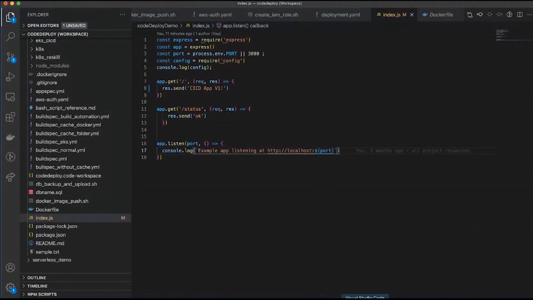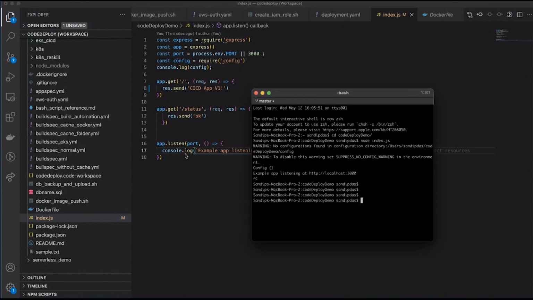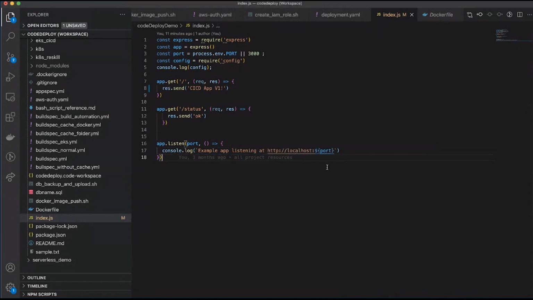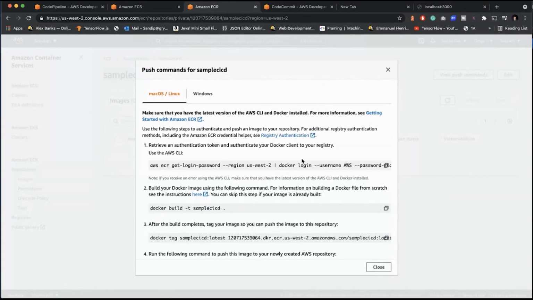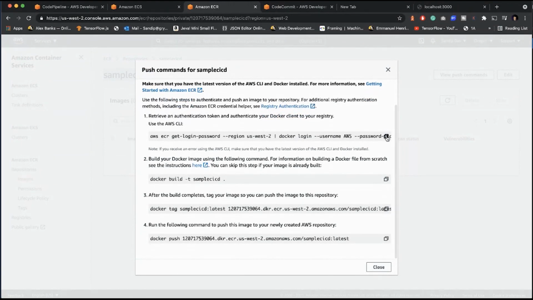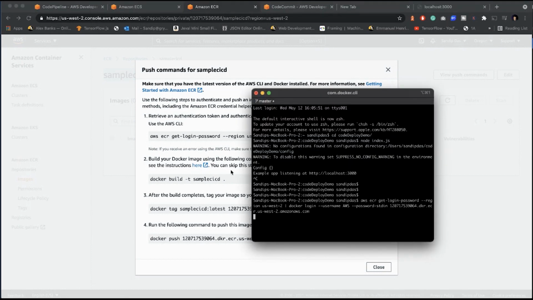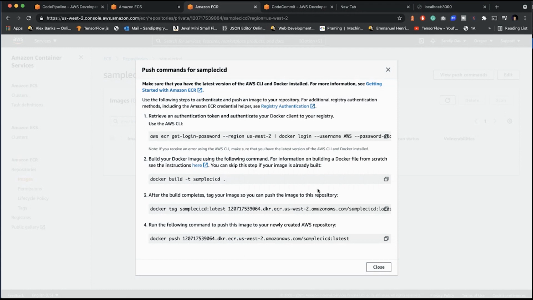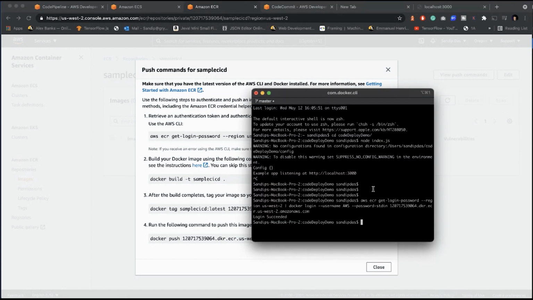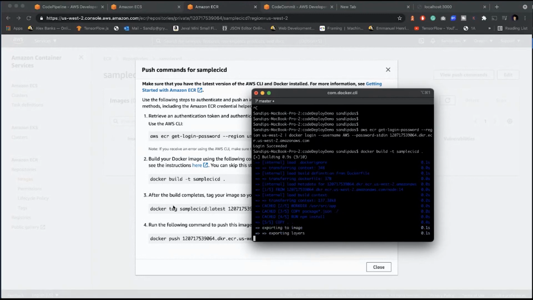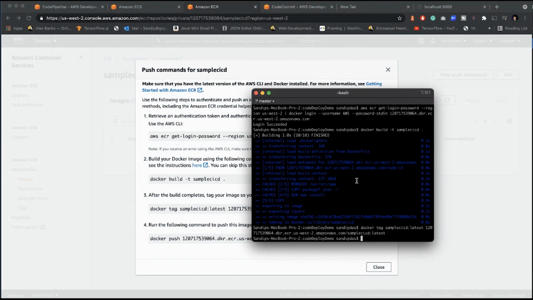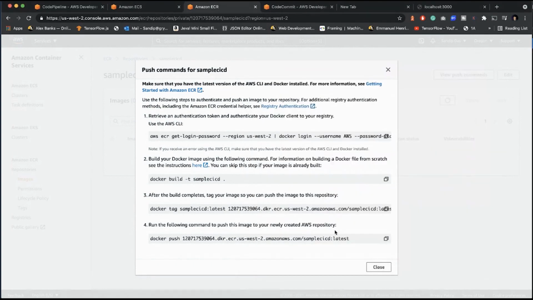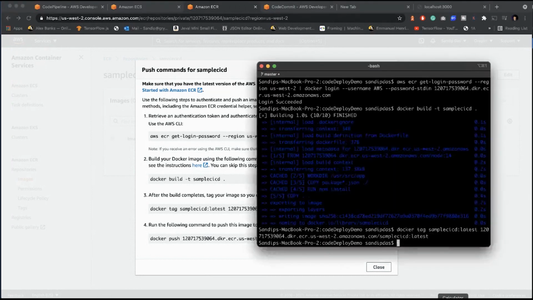Now we have to containerize the application first, and then we can push it into the ECR. So let's do that first. If you click on view push commands, you will see the commands, and you can simply follow the instructions to push the image in this repo. So click on that. Right, logging into ECR. Then we will make the build. Login success. Let's make the build. Let's tag the image with the remote repo URL. Now let's push the image in the Amazon ECR.